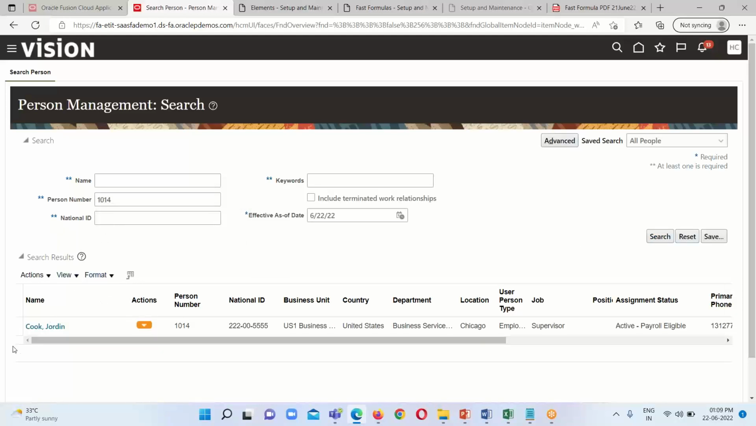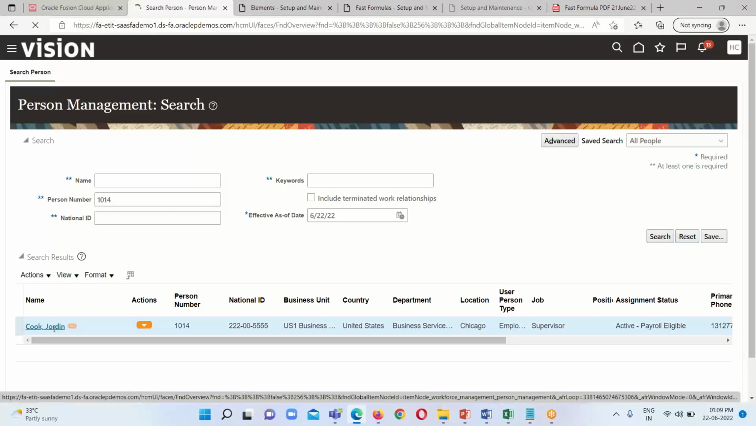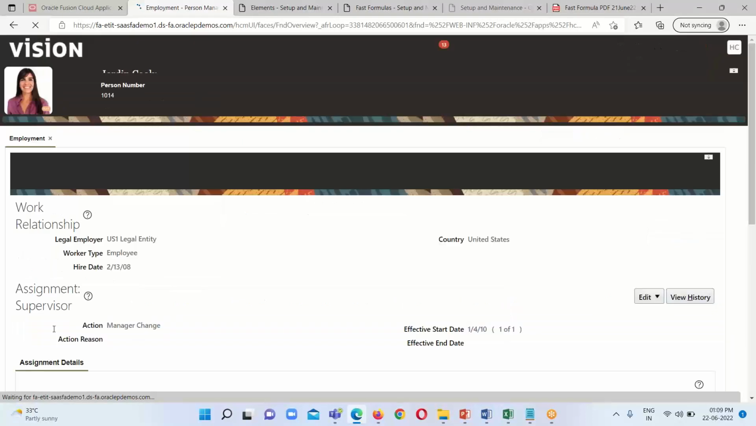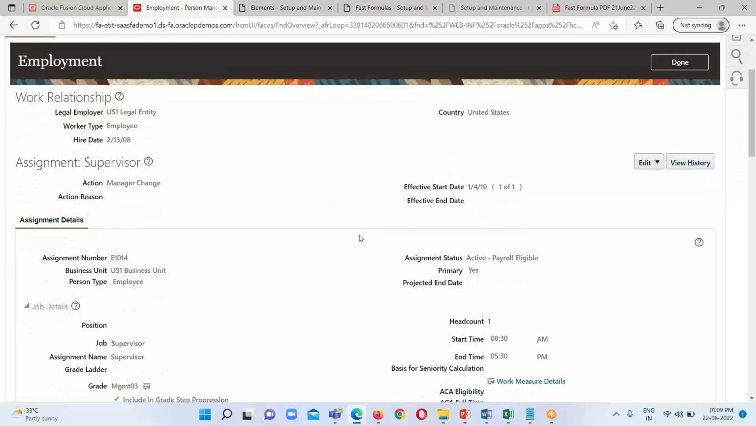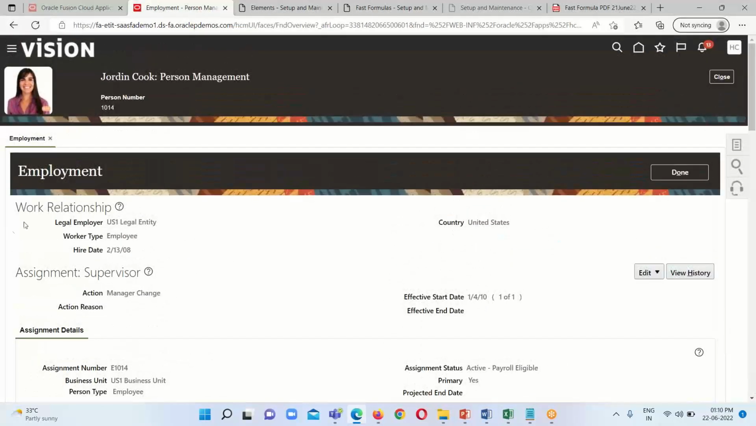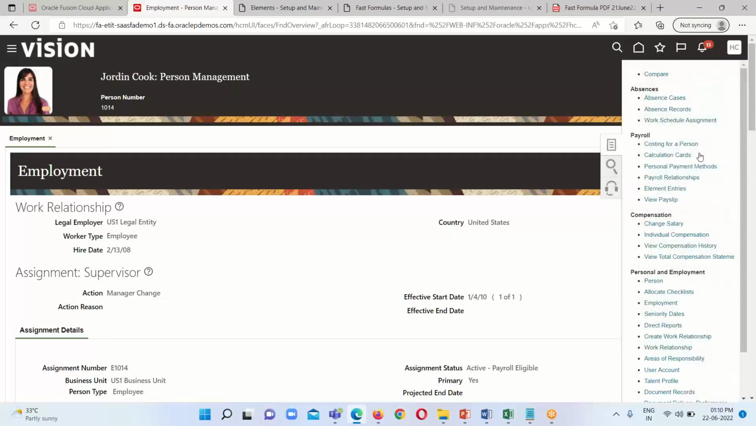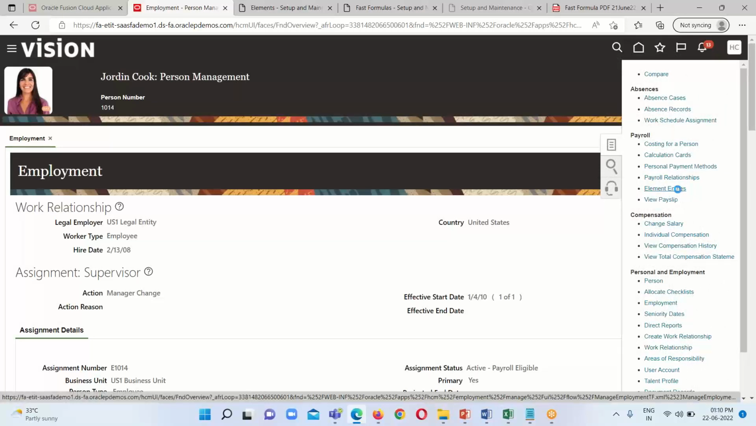Search for this one and click on this particular employee's name, and this is Jordan Cook from US, and I'm going to attach my element to this particular employee. So how do we do that? We have just to click on this task panel and click on under payroll, click on element entries,